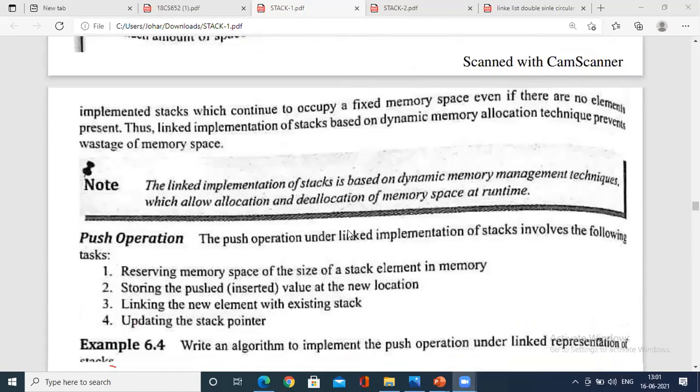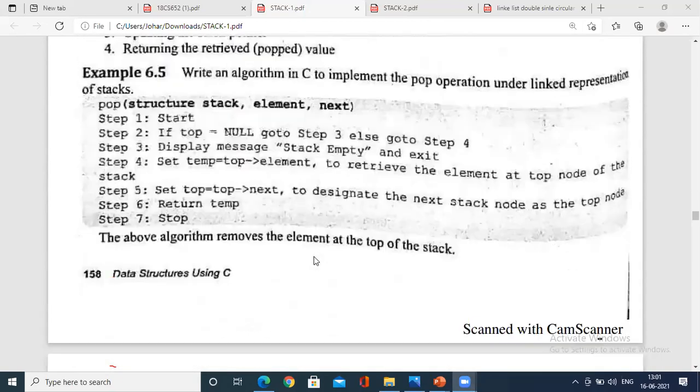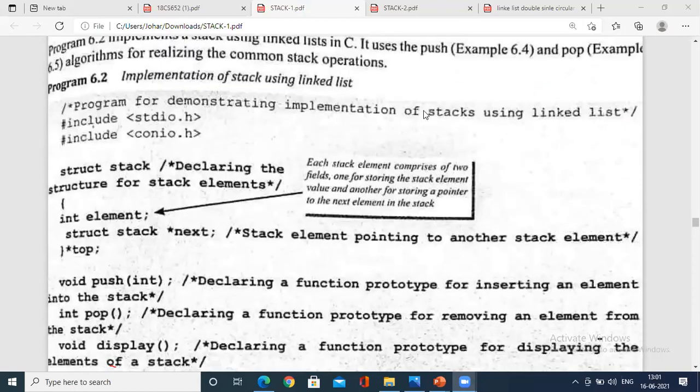Now coming to the push operation in the linked list, once again, first you have to create a structure by the name called stack. Struct consists of two variables. One is the general variable element. One is the pointer variable that stores the next. So overall struct stack declaration could be represented by star top. In the structure definition, I declare that star top means it is representing struct stack.